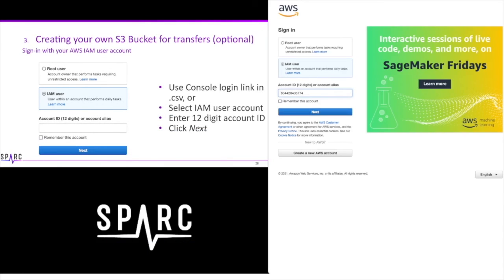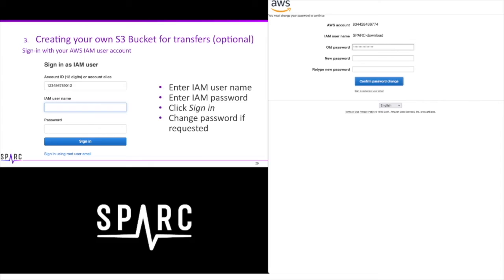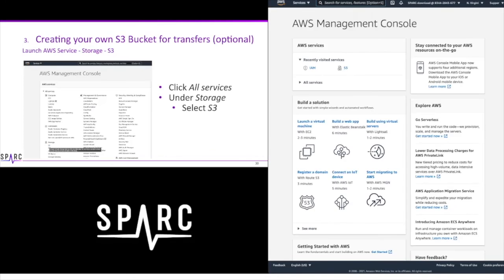Enter the account ID. This is a 12-digit number that can be found in the downloaded CSV file from when you created your IAM user account. Click Next. Enter the username and password and click Sign In. Update your user password if required to do so. Once you are signed in, select S3 from the Services menu.